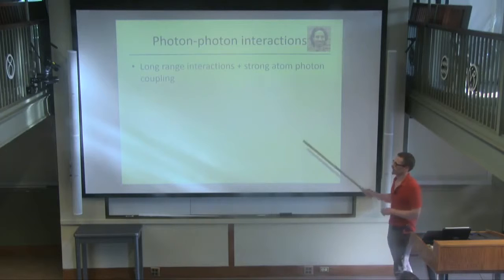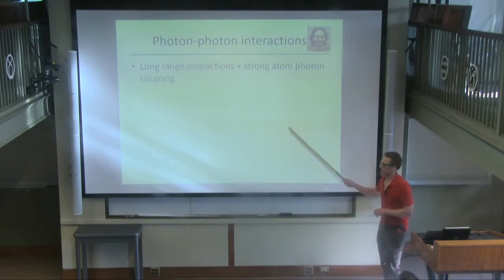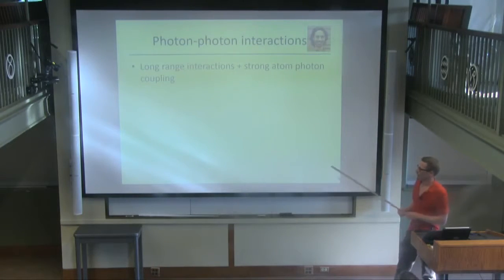The reason why this system is potentially interesting, we think, is that the range for tuning these interactions seems to give us a bigger space to work with than Rydberg atoms potentially. I think with Rydberg, more or less you're stuck with this 1 over r to the 6 potential. Maybe there's ways to get around that, but